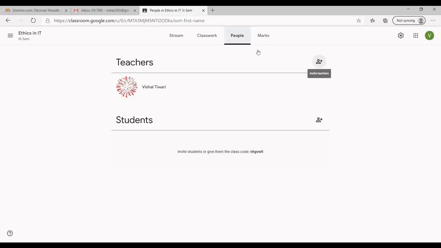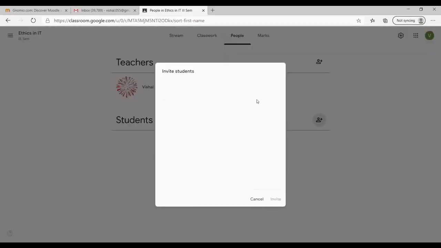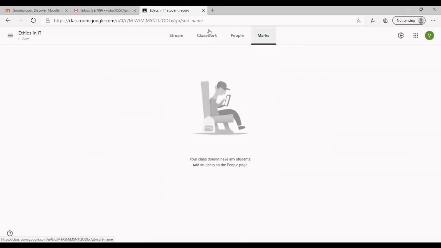If we want to add students, we can click on it, and if we have the email addresses of the students, we can directly write the email address here and click on invite, and the link will be sent to the particular student. The last tab is about marks, where we can have grades for our students.